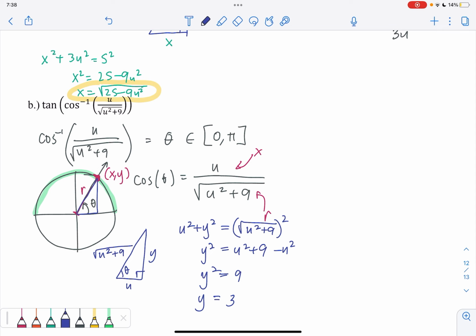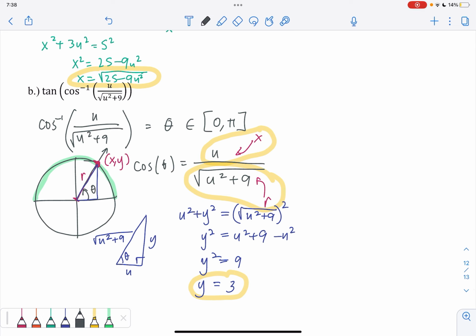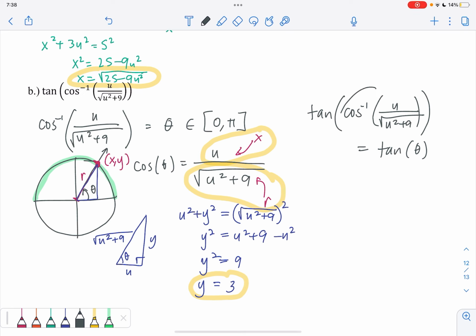All right, so now I go track down everything. Did I get it all? Let's see. x is represented by u, r is represented by the square root of u squared plus 9, and y is represented by 3. So now I just write everything all together. Starting from the beginning, tan of cosine inverse of the quantity u over the square root of u squared plus 9 is just equal to tan of theta, right? I said this whole thing is equal to some angle. And then what is the tan of that theta? Well, according to trigonometry on a circle, not necessarily the unit circle, tangent is y over x, y is 3, and x is